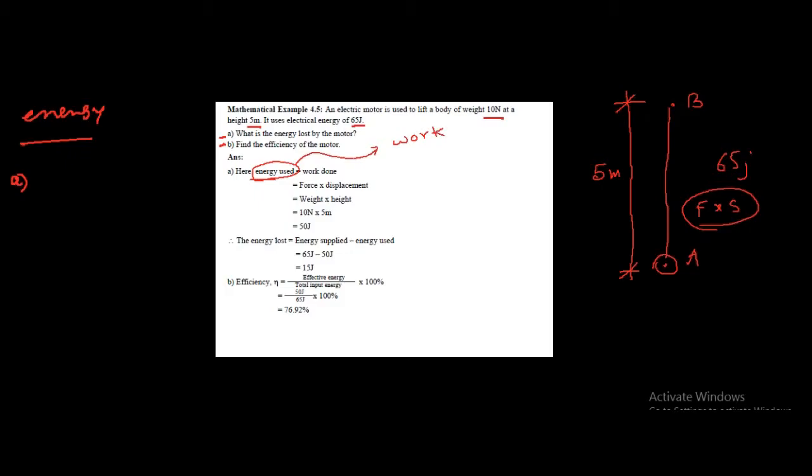So the energy or work is force into distance. Now the force is 10 Newton and the distance is 5 meter. The energy is 50 joule. So the 50 joule is working here,